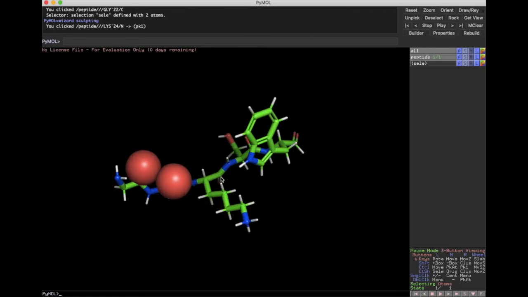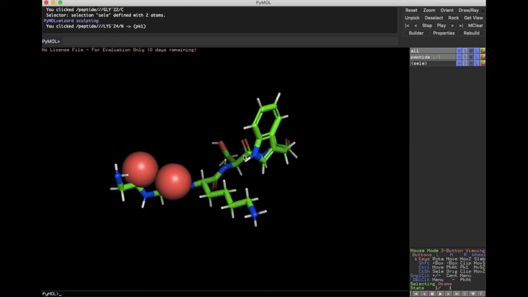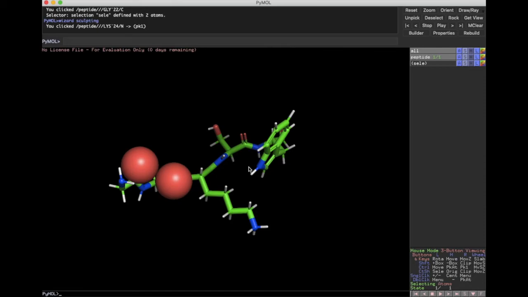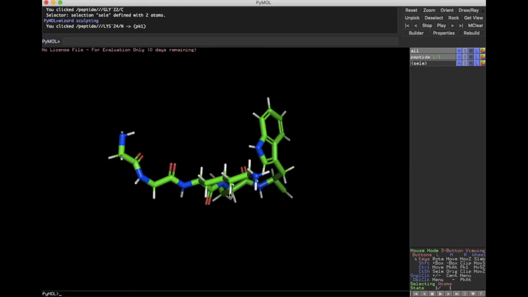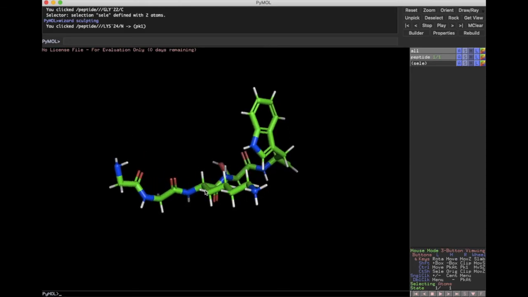Now, this raises another really important point, and this is that when you're making a molecular model, the starting point from which you run computations can affect the outcomes a lot. This is because the computer just has a starting point and it's going to try and find the first solution. And there can actually be lots of solutions. Let's discuss this a little more. So I'm going to hide the spheres, and let's look at what these bond angles are now and see where they reside in the Ramachandran